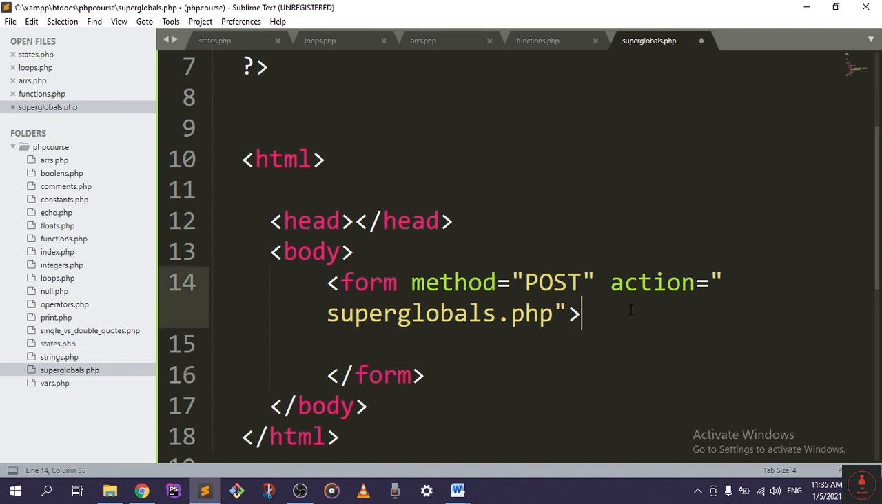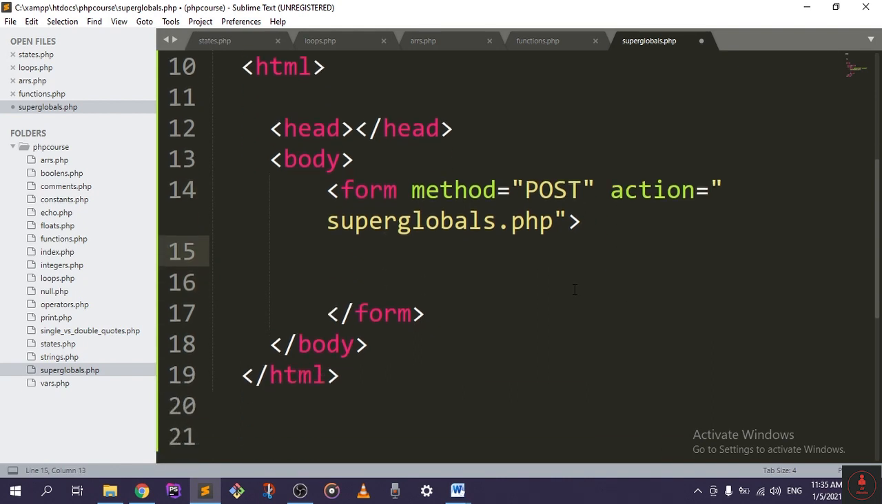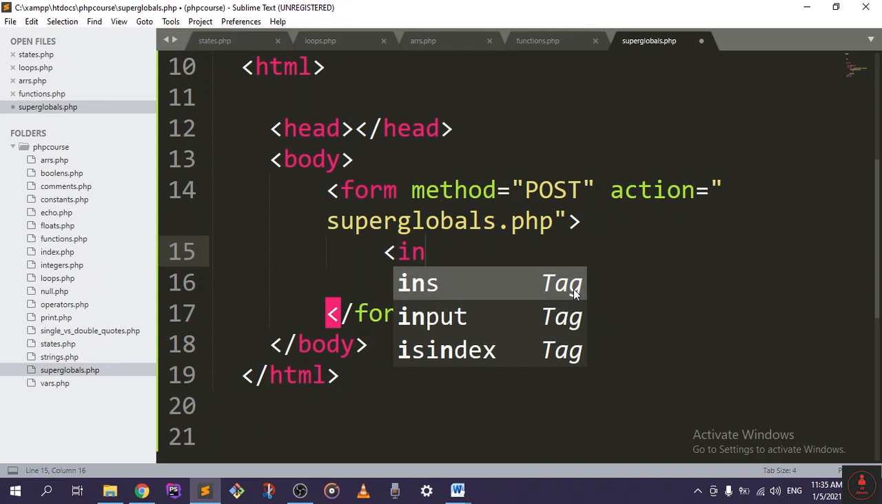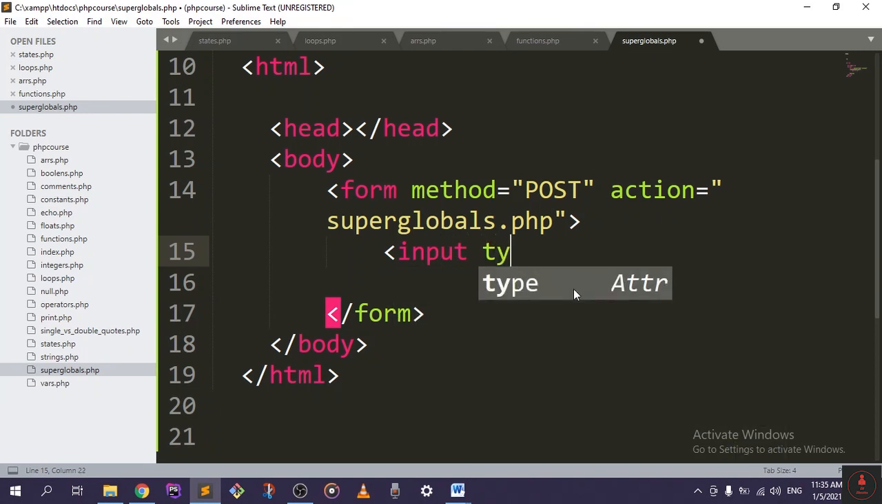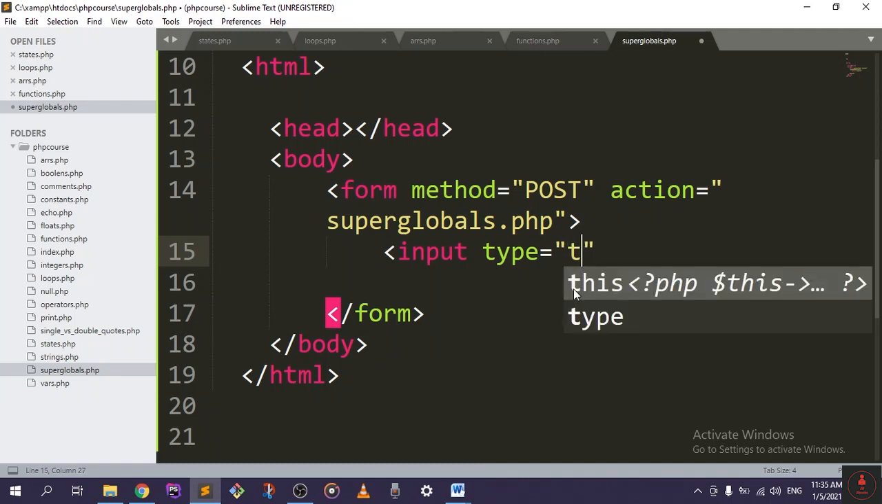Now in the form we need to create some inputs. Let me write this input type. And if you don't know HTML, this is really easy. HTML is a markup language. It's not even a programming language, so you should pick it up in an hour or so. An hour is even too much for it. So the type will be text,